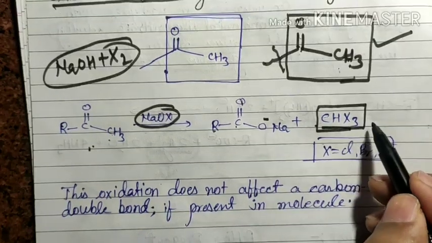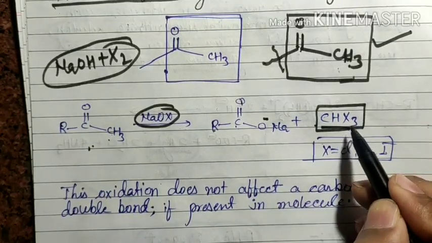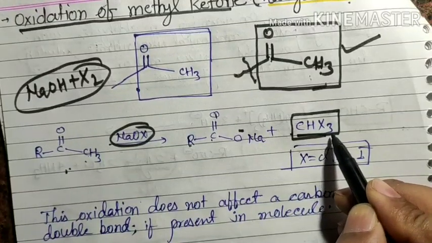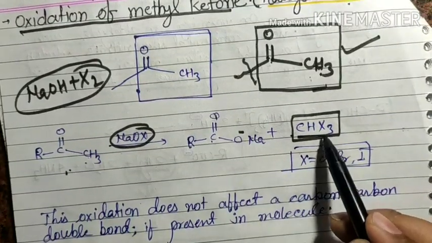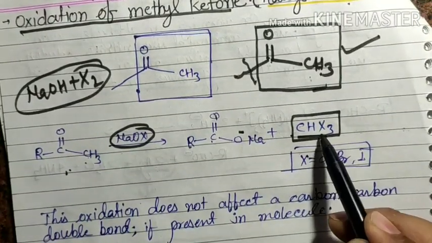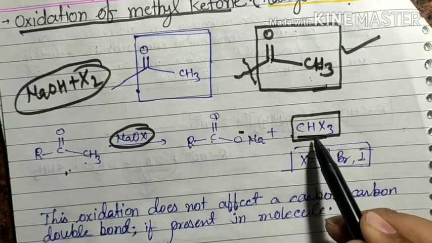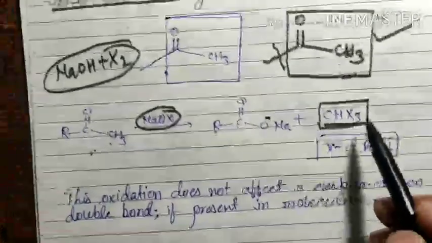So this is haloform, because X is not defined here. If it is Cl, that is chloroform. If X is Br, this is bromoform. If it is I, this is iodoform. So this is the